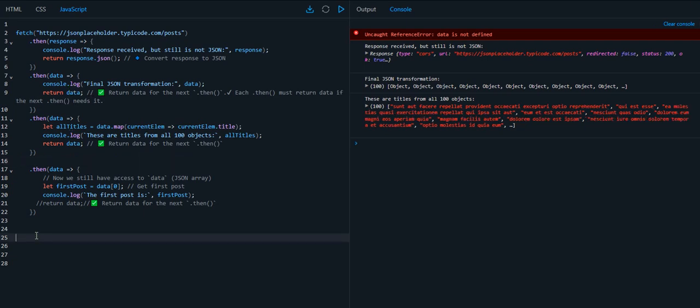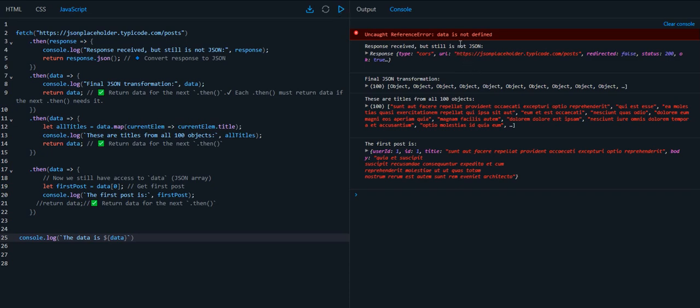And if I put here also, why is it not defined? Because I return here, or I put here some data,